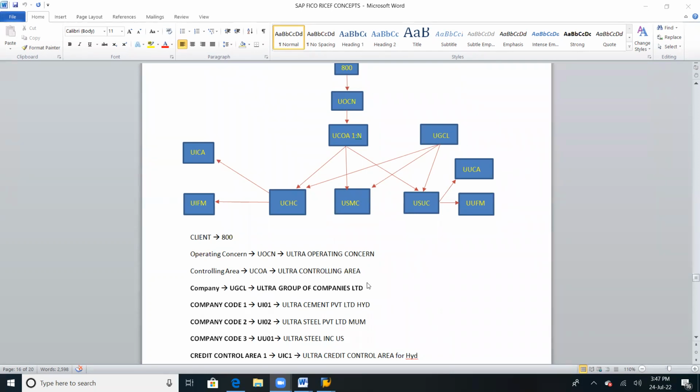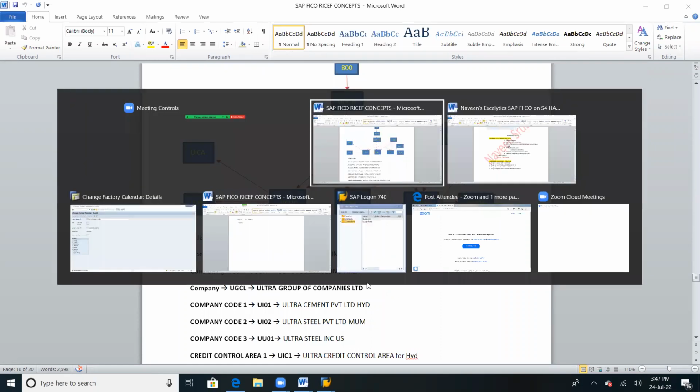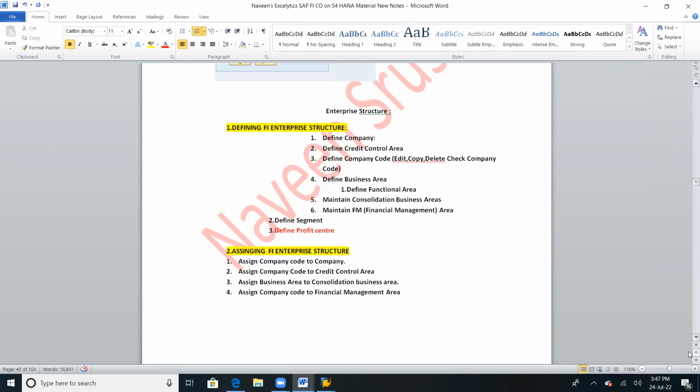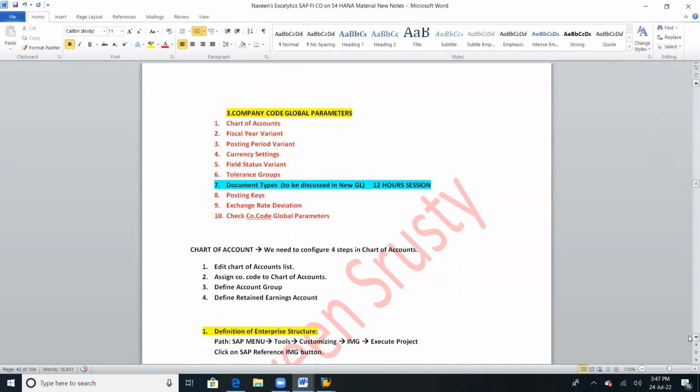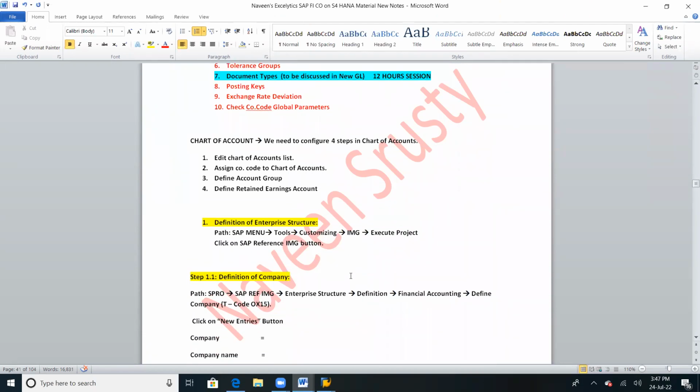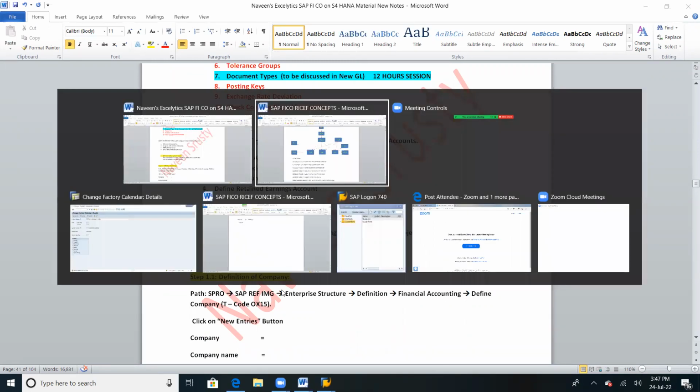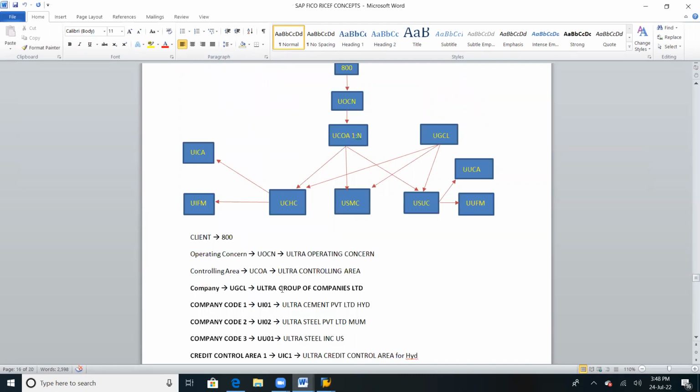So write down first one, define company. First step. So we are going to do it with the complete path. Define company or definition of company. Write down the path: SPRO, SAP reference IMG,